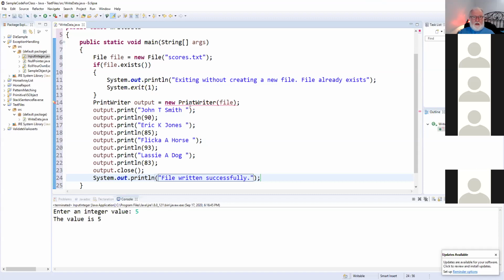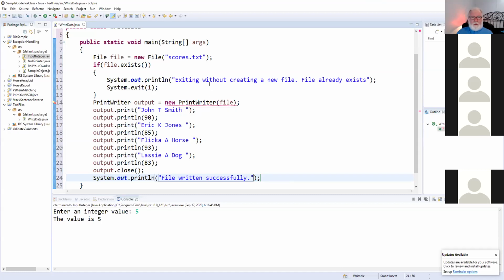Okay, so now I'm going to go write this, and I'll add 1, 2, 3, 4 lines to it, and then I will close it and say I wrote successfully. So what is this? Well, anytime that you write to a disk file or read from a disk file, there is the potential problem that something went wrong outside of Java. And if that happens, then Java itself will be informed, and it will throw an exception,